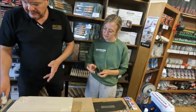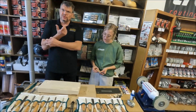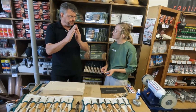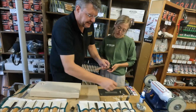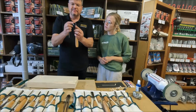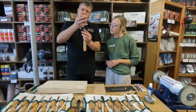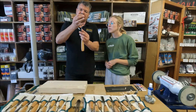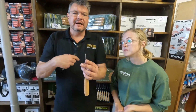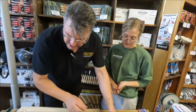Right. So our next step is to remove that burr from the inside, and there's two schools of thought. It's just my personal preference not to have an internal bevel. What I mean by that is we have a bevel on the outside. Some people like to put a bevel on the inside too. When they're removing that burr, they will angle it slightly and put an internal bevel on. Now the reason I'm not keen on that for my style of carving is I can illustrate it here,